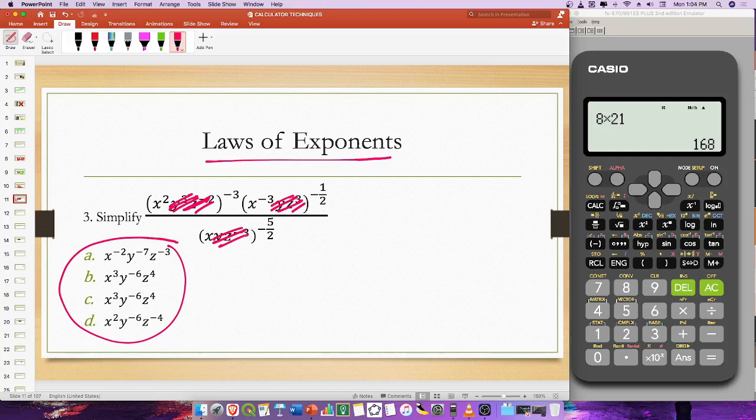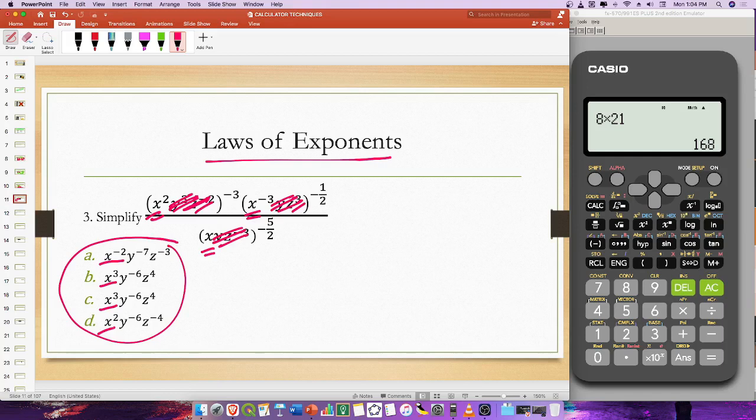So I will be focusing only on the variable x. Why variable x? Because from the choices, you can see that the variable x has different exponents, except for b and c, of course. So at least they have 3 distinct exponents. So we will choose that one. I will not choose y because y raised to negative 6 is present in 3 of the choices. So ignore that one. Let's just use x. Now to solve this one,